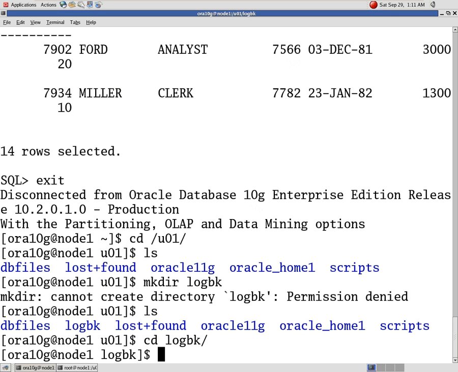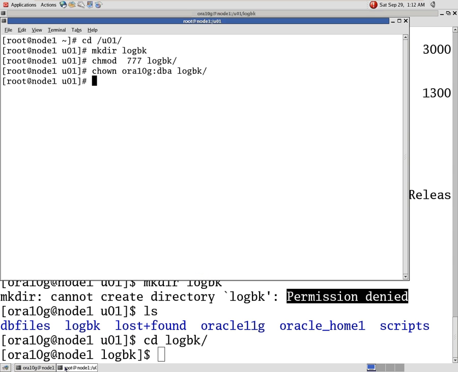Now the logbk directory. Why is it giving an error? Because on u01 this user doesn't have permission to create any directory, so that's why I created the directory from the root user. But the root user password is not with you.